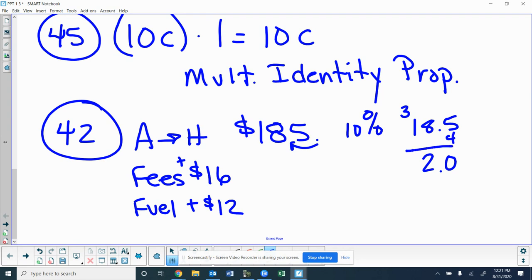So 20, and then 8, 32, and that's $72 off, right? So what do I do with the 72 since it's off? I subtract it, right? $113 would be